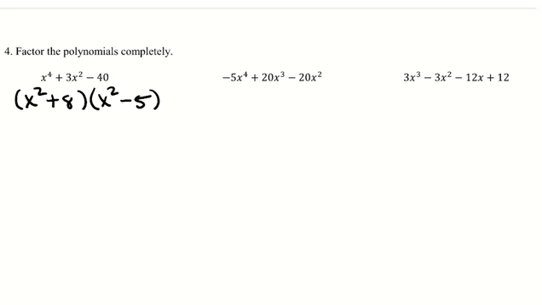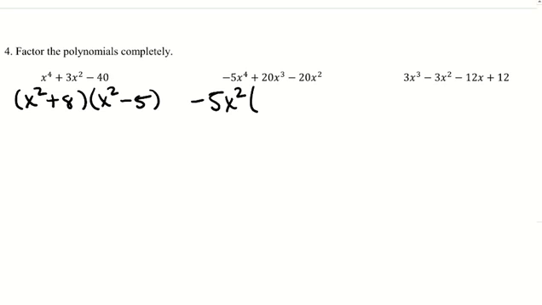All right, the one in the middle. This has got a greatest common factor. I see at least 2 powers of x in every term, so I'm going to factor out an x squared. Then I also see that all of these factors are divisible by 5, so I'll factor out a 5. Personally, I'm also going to factor out a negative because I don't like the leading coefficient to be negative when I'm factoring. So I'm factoring out a negative 5x squared, and I think, what do I multiply a negative 5x